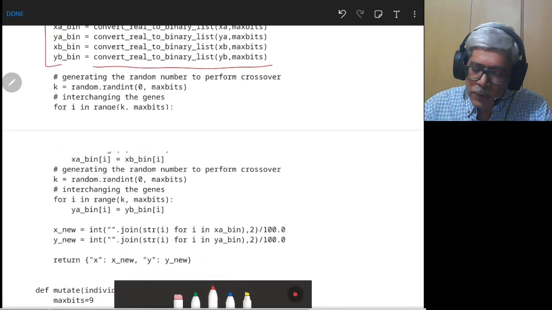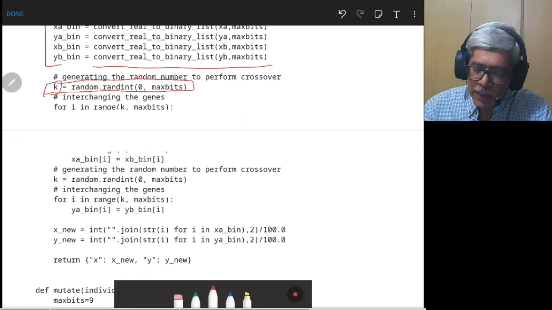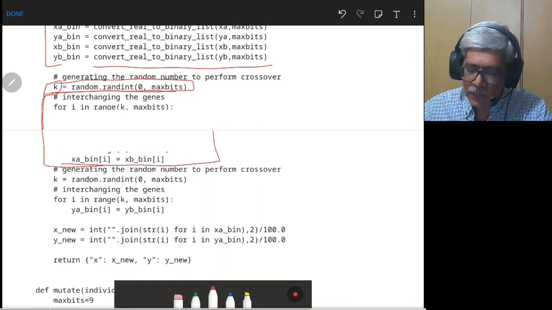then we choose the random site for doing the crossover. So that is where K is the site where the crossover is to happen. And then we are interchanging the genes in this loop to get the value of the offspring. So that is how it will be done.